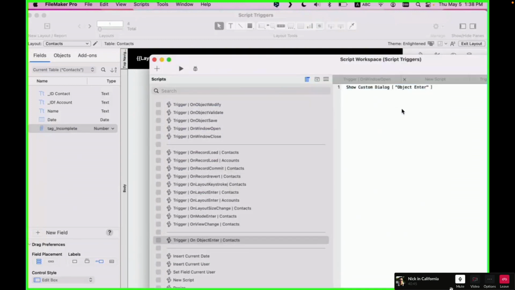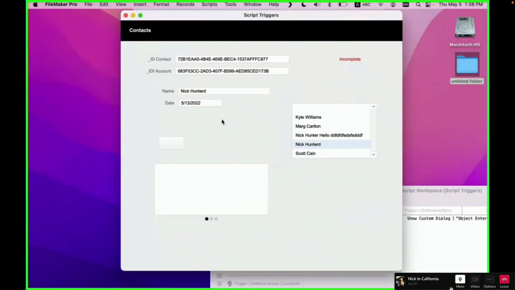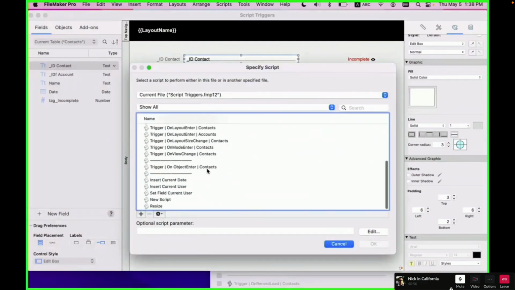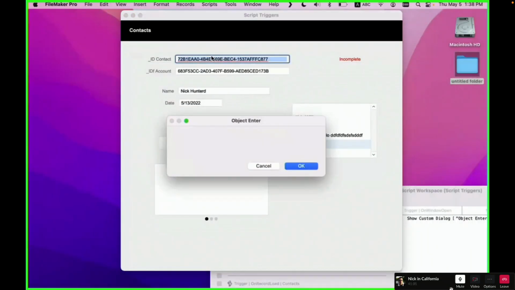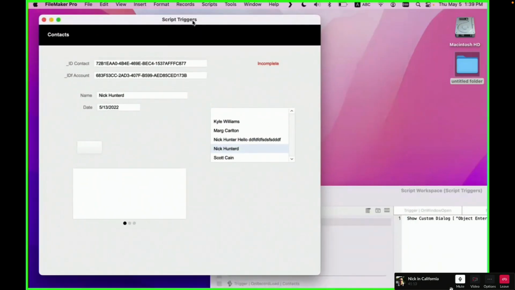So when you have an on object enter, it shows whatever you do. Enter, it shows. Let's put it here on object enter. Okay, so now you go in the object, it goes. Whatever you do, it goes. You cannot prevent it. So that can be a good opportunity, for example, to make sure that you trigger